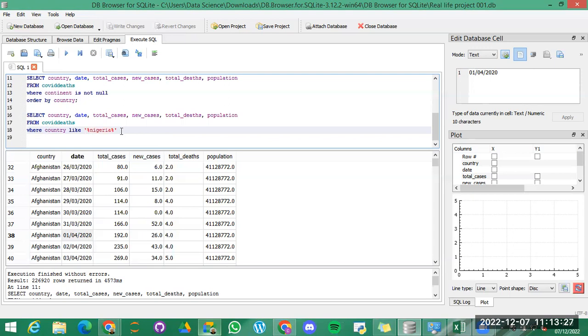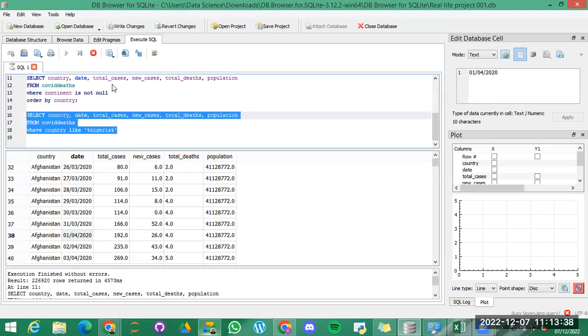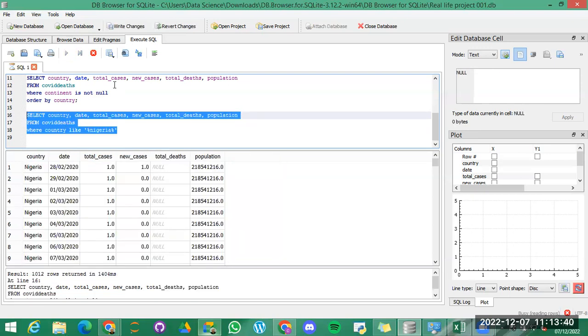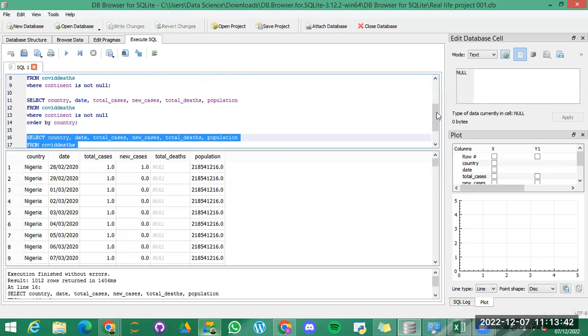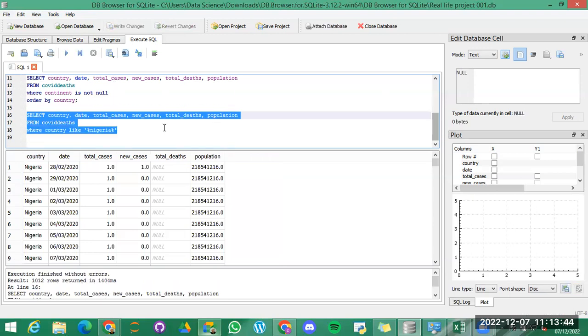Yes. What do you put in front of it? That's percentage. I'm going to explain that later on when I'm done with this, but I want you to see what the output will be. So select country, dates, total cases, new cases, and so on, from COVID death table, where country